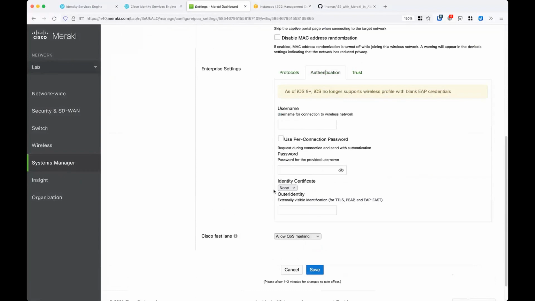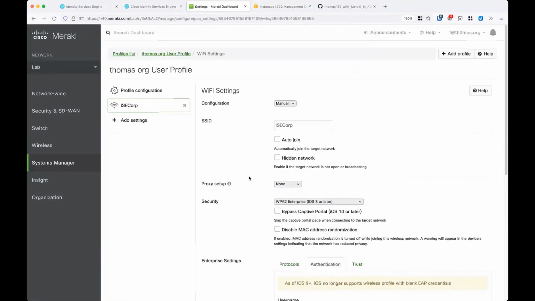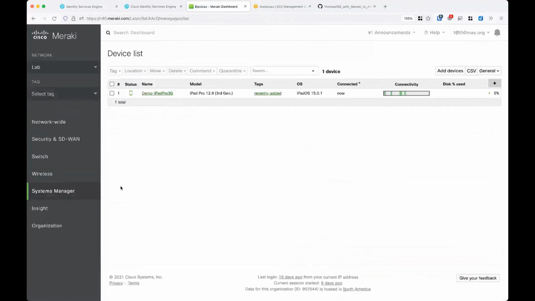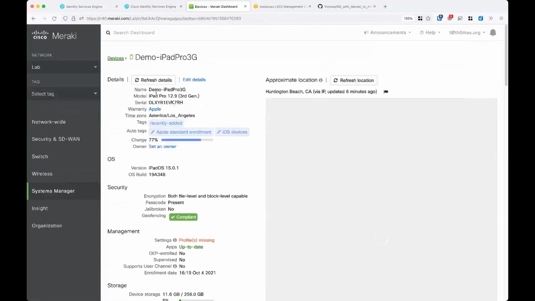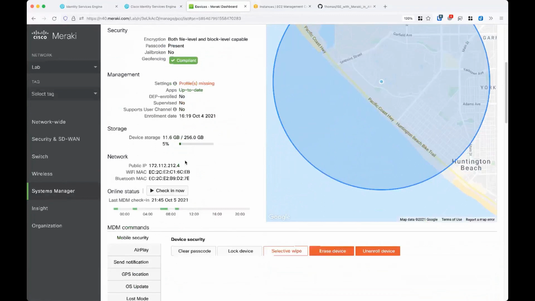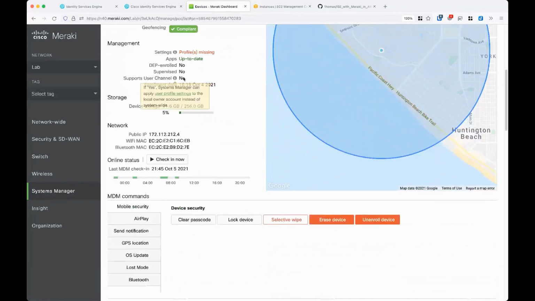So that's pretty much it. And then I deployed it out to my device, and you can monitor it. There you go. There's my demo iPad. If we take a look at it, you can basically see where it's at. You can look at the different